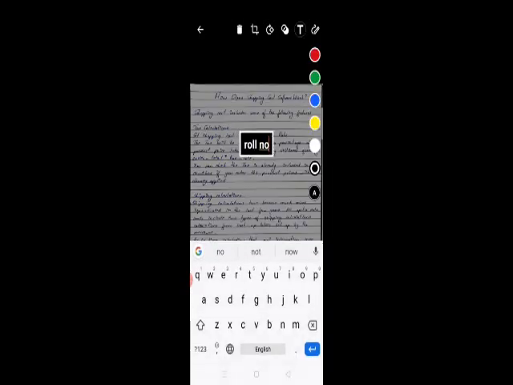Or if you're just experimenting with it, you can delete it. The last circle helps you to decide the way this text is going to appear on the page. So just click on that last circle with letter A and see how it gets formatted.